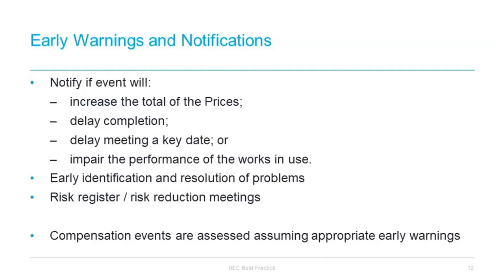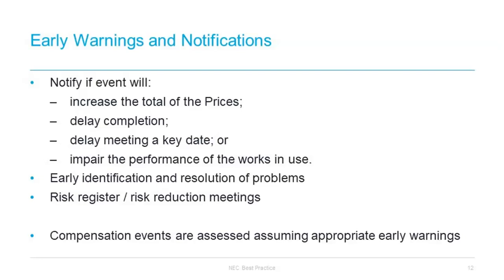The important thing to note in this clause is the use of the word could. So the contractor or the subcontractor has to notify even if it is not clear that there will be an increase in price or if there will be a delay. It is if there is a risk of it happening that they need to notify. When giving an early warning, the contractor does not need to be specific as to which compensation event clause might apply, and should not. It is the warning that is important, not how they were going to be compensated or to make a claim for it later.